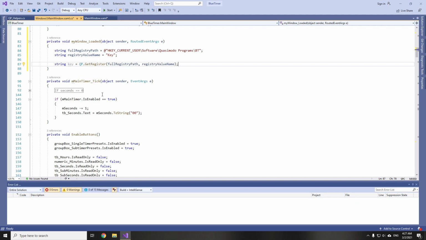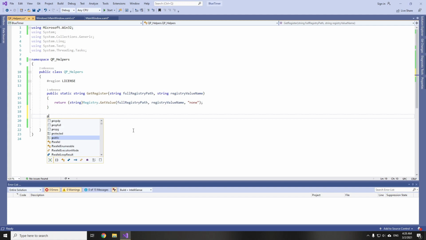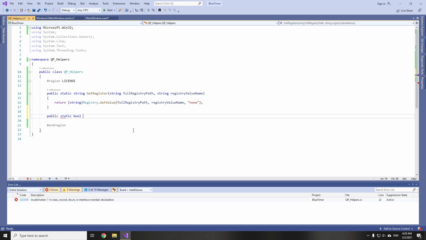Now, in addition, we need to check whether our program is already licensed or not. So, also I will create a public property of type bool here. We'll name it _isLicensed, and we'll have getter and setter.